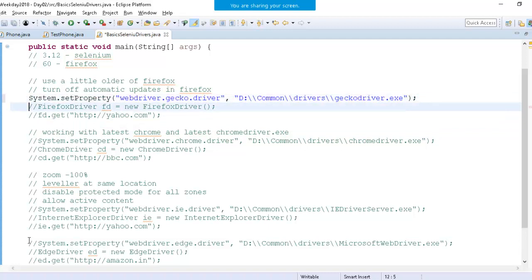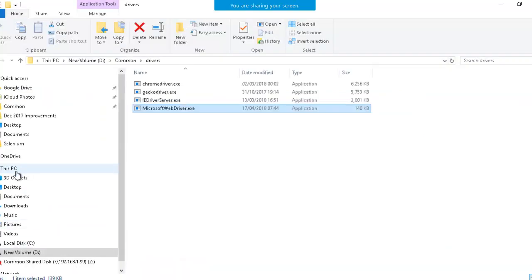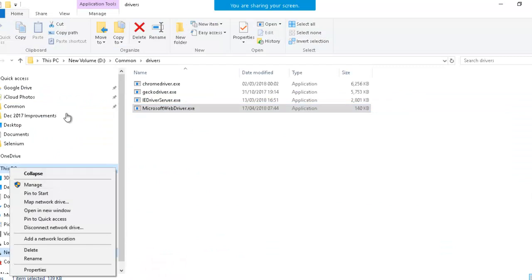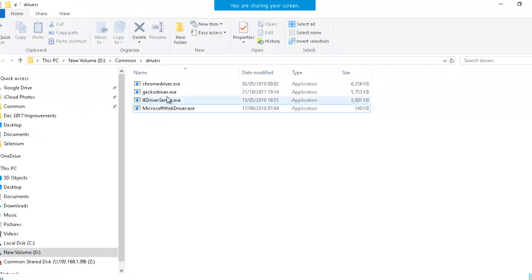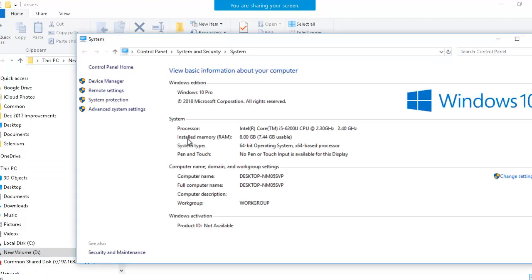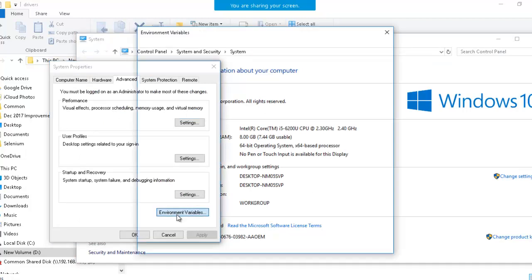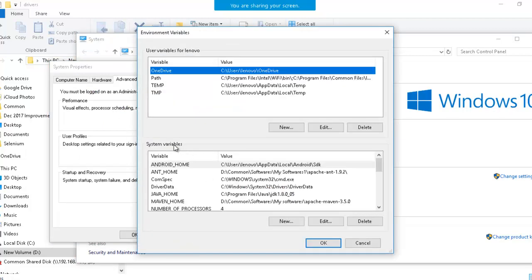Okay, so look, every time I want to work with a driver, I have to write System.setProperty. Now you can actually overcome this. Keep all the exe files at a common location in your PC and copy that location. Go to My Computer properties, then advanced system settings, and you will see this window coming up. Click on environment variables, where you will have this window. In system variables,